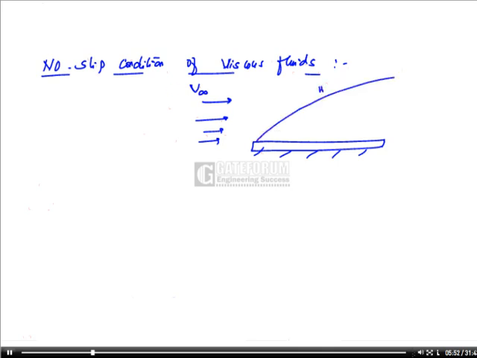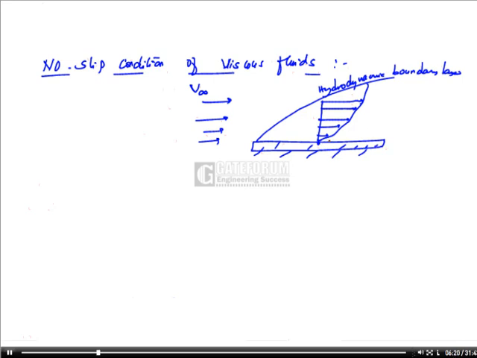There is a boundary layer development, hydrodynamic boundary layer, where we find velocity gradients in the normal direction to the plate. There is one particular layer of the fluid which gets attached to the solid surface, stationary plate, and